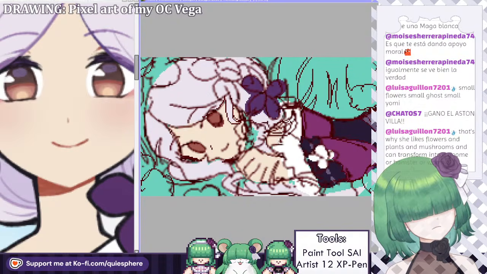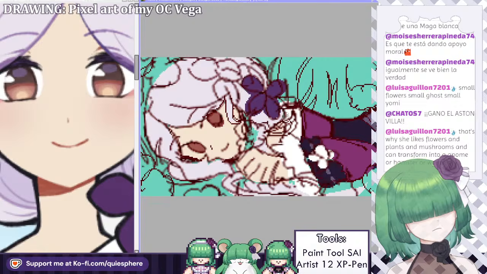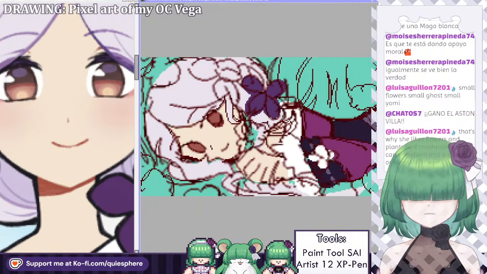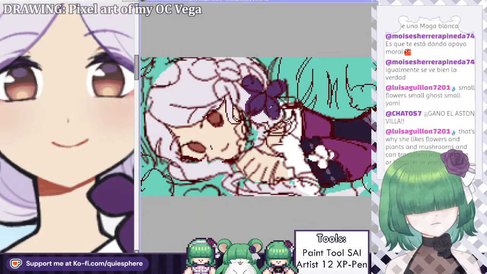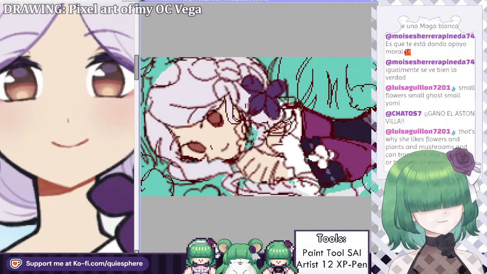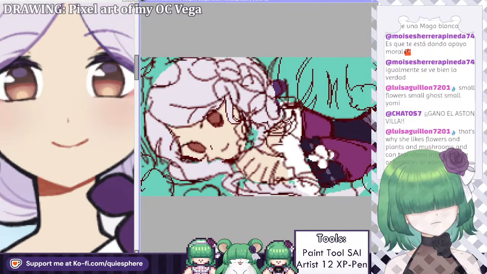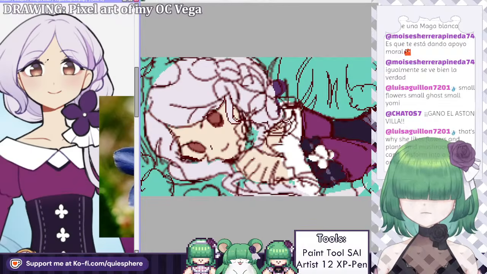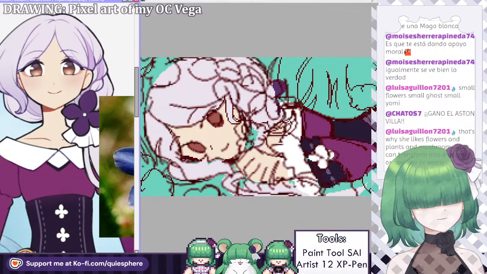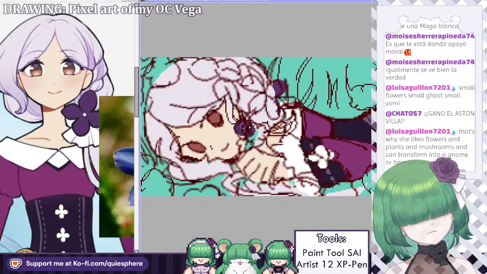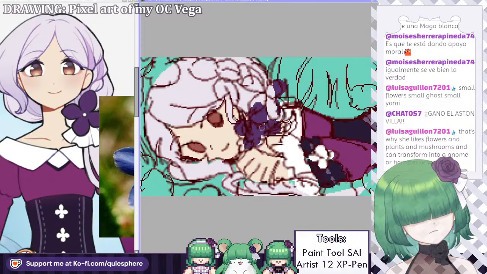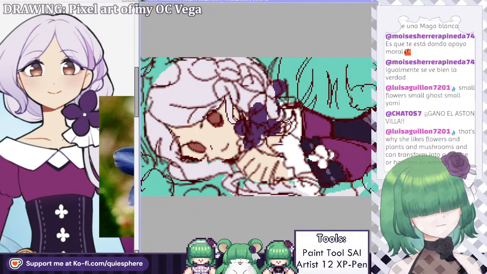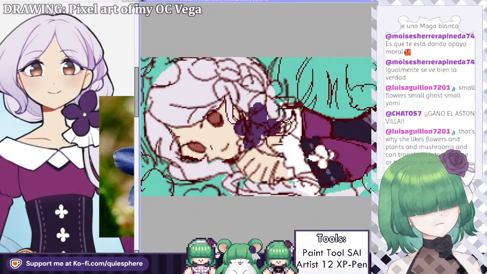The shoulder is supposed to be here. I think the flower is actually a little bit too high up. We're gonna move it a little bit. I did this sketch so messily that I have no idea where each thing is. Like, the flower should be here. It's supposed to be a lot more below.